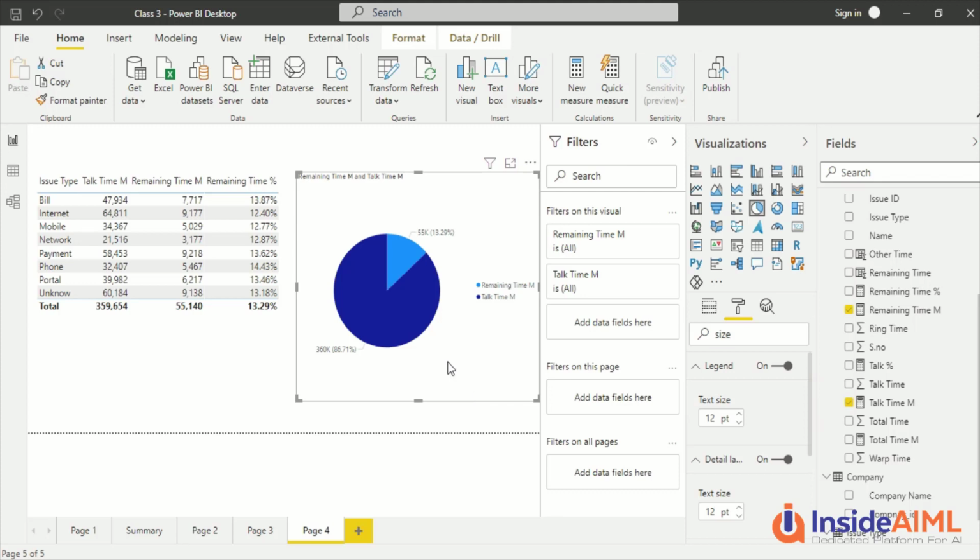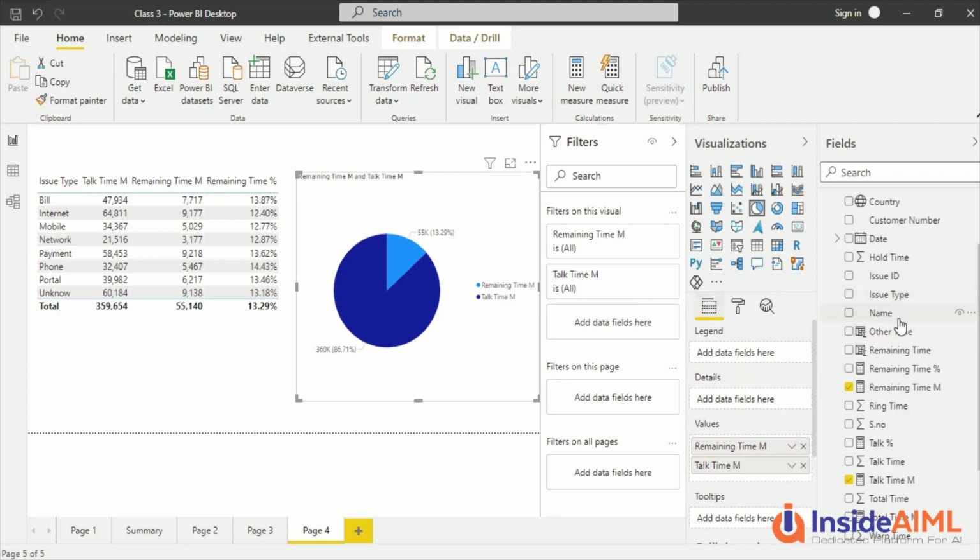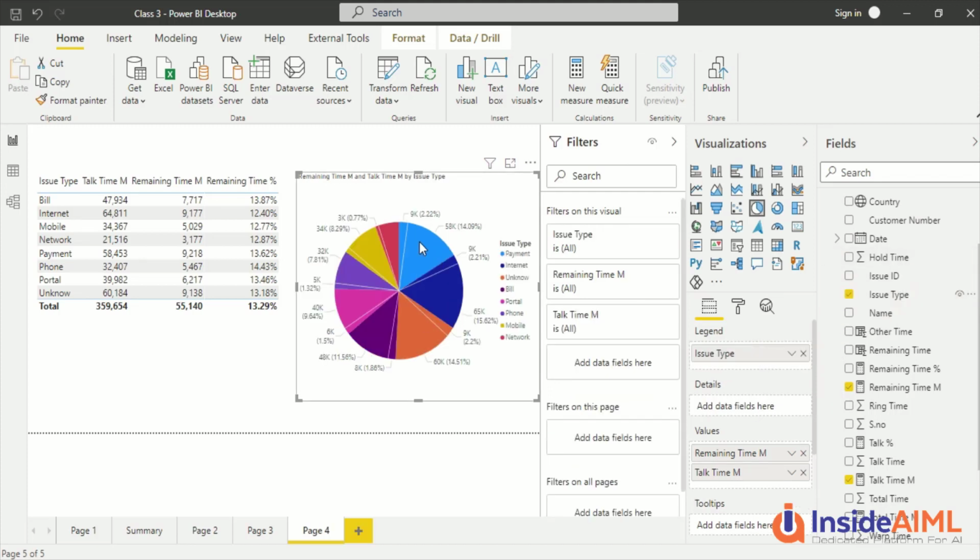So this is one. Now what details can we add to it? So that's what I say: how can you play around? So let's go and add the issue as a details. Can we add, or as a legend? So let's see if we can add issue as a details. So it's not allowing us. When we have more than one measure, it is not going to allow us. But if you make the legends, it's going to have those 2 as a split out here, like this. Now, this is not one which is 100%.